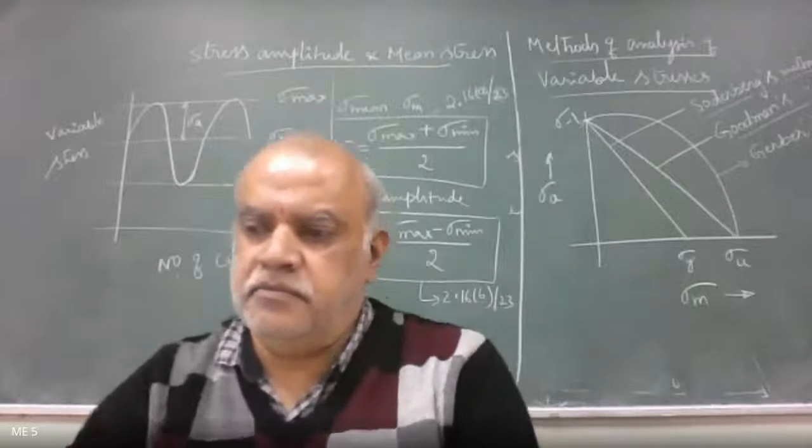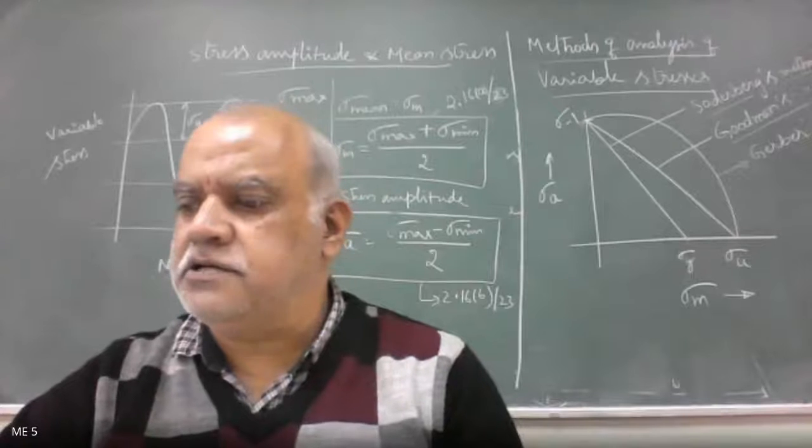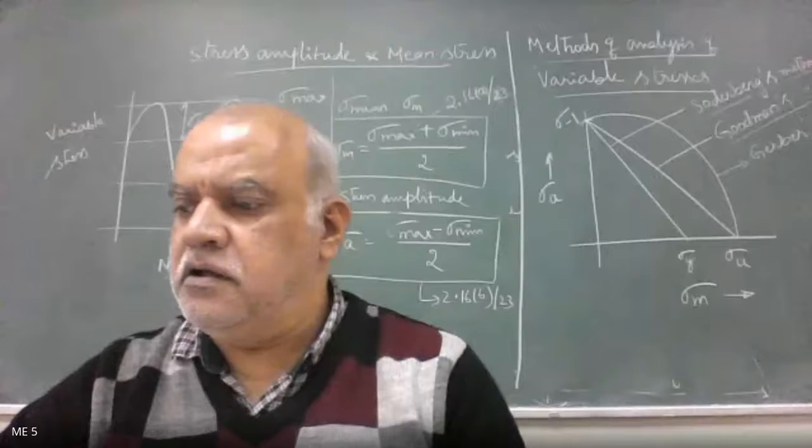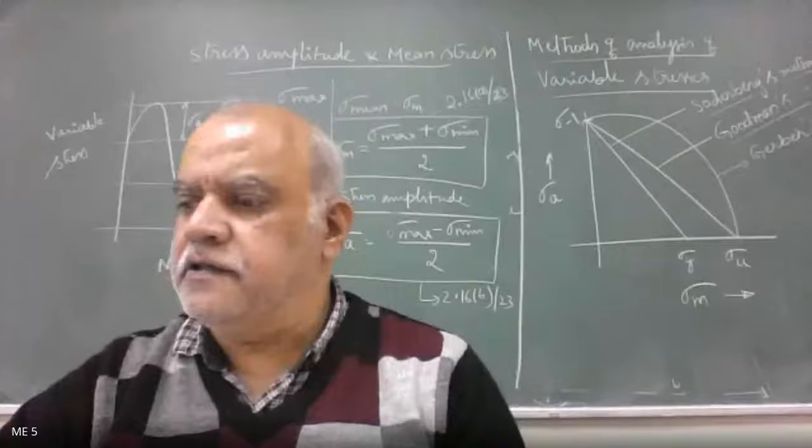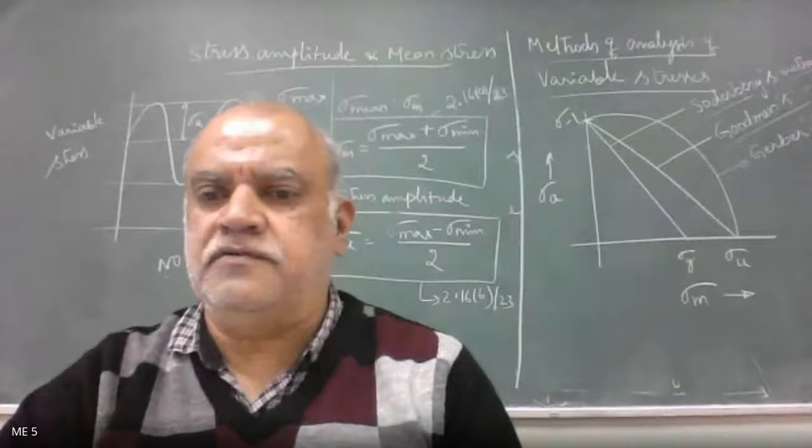Chinmay, please read out the first sentence of the SN diagram. The SN diagram indicates the number of cycles required to produce failure at a given stress. A typical SN diagram is shown in the figure. Okay, come to the last sentence. Any point on the SN curve represents the maximum number of cycles that a member can withstand without failure at a given stress. Thus, the endurance limit stress can be evaluated. That's fine.